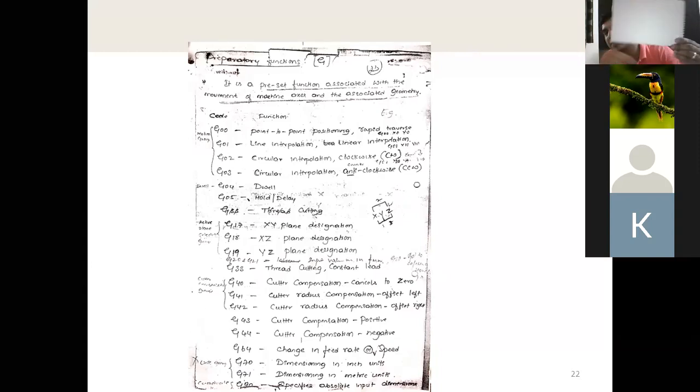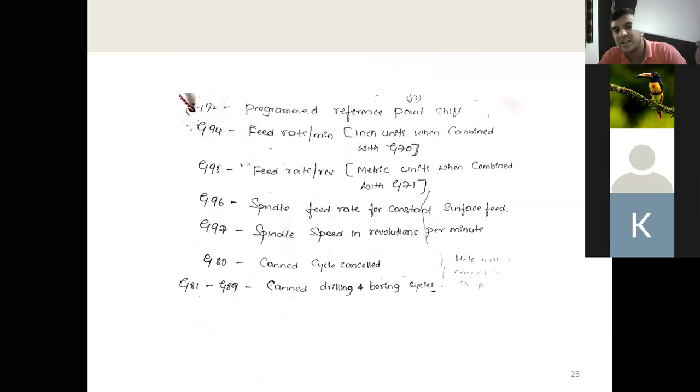The machine should understand that if you give G90. If you give G91, it is an incremental positioning system, which is missing here. Incremental means the first position is represented with respect to the origin, and the second position with respect to the first position. But you will not write the incremental positioning system. Always use the absolute positioning system, meaning the coordinates of the location of the workpiece are always represented with respect to the origin.